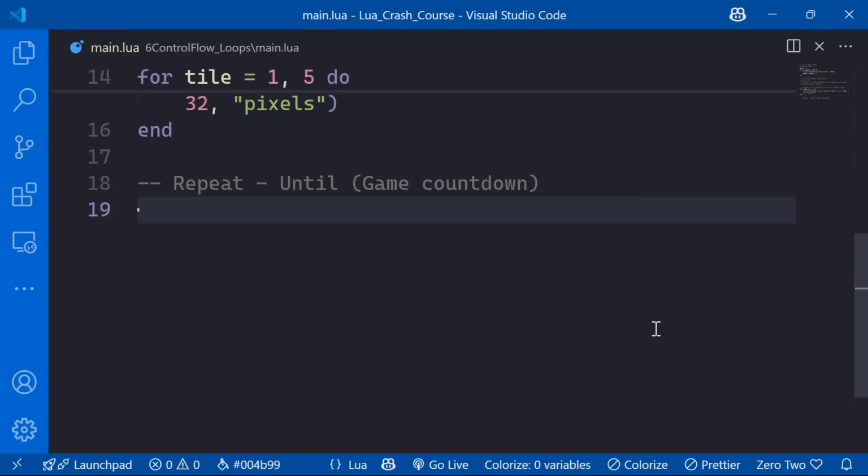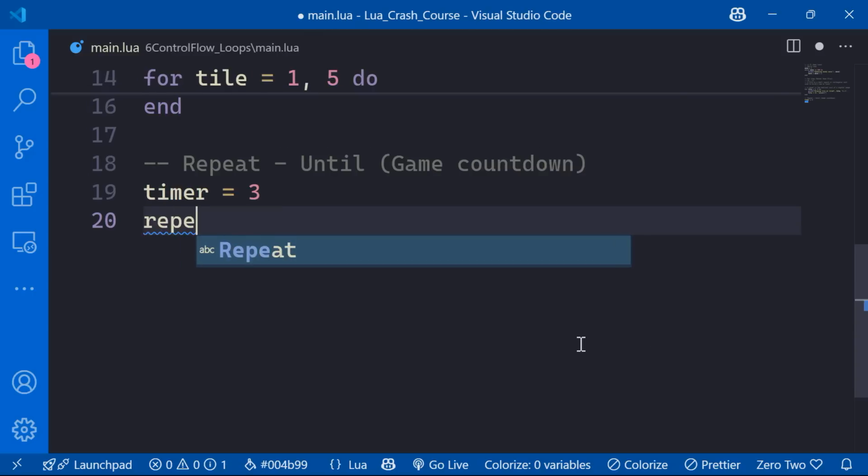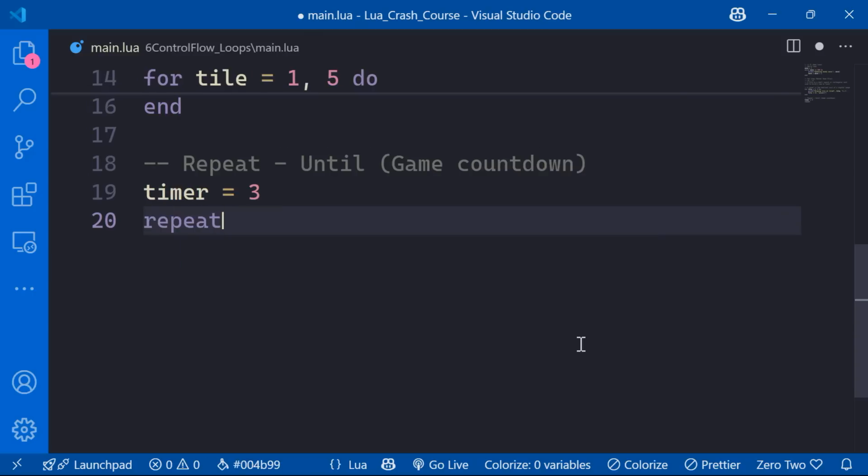Let's have timer. Timer, of course, is a variable. So I'm initializing this variable and give it a value of 3 initially, okay? So this timer has a value of 3. So I want to repeat something until some condition is met. So I want to repeat, and you will just type the keyword repeat, that's it. And you will put your code here